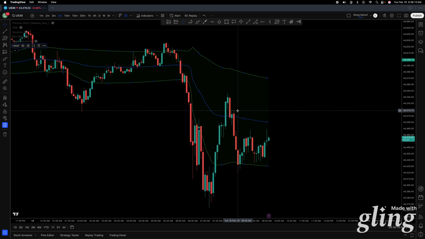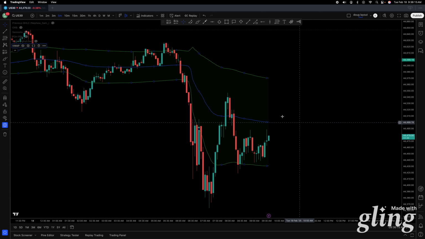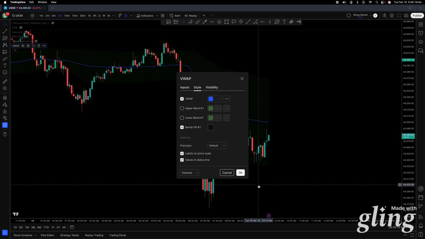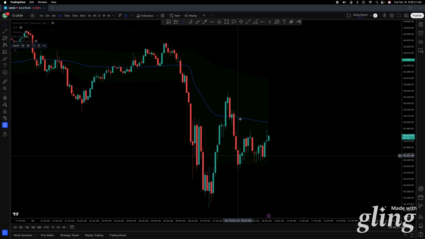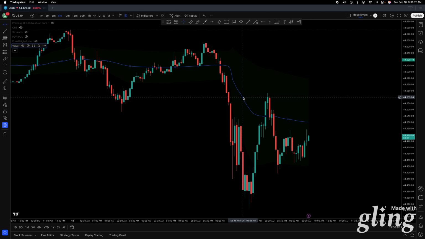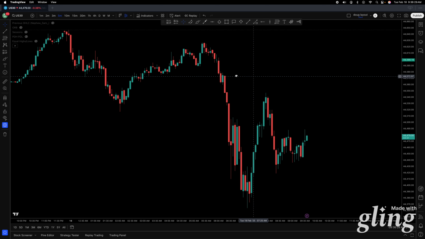You don't need to use them. I'm going to show you how I use them. But just so you know, the blue is the main one. If you want, you can double click on this and turn off the lower and upper bands, if you want minimal noise and just want to focus on the VWAP. That's one way. Okay, the second way you can set this up, this is how I like to do it,